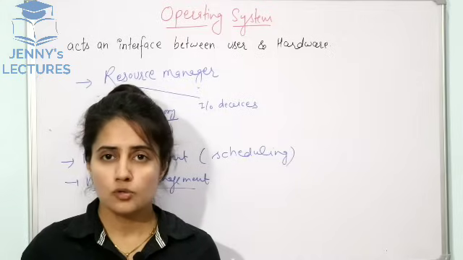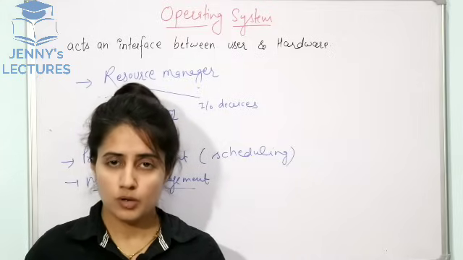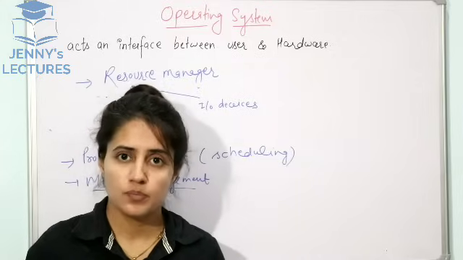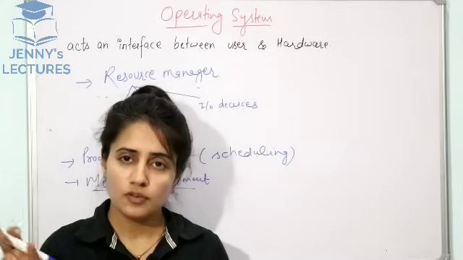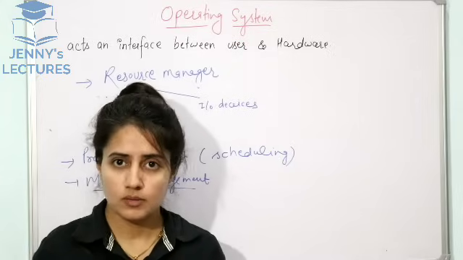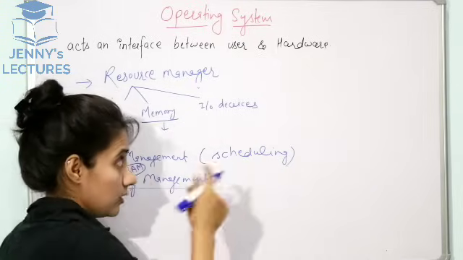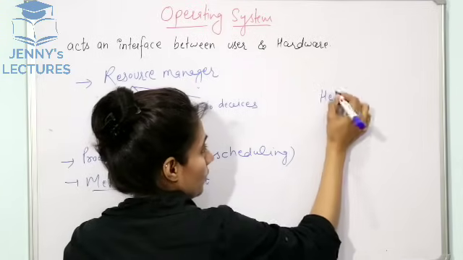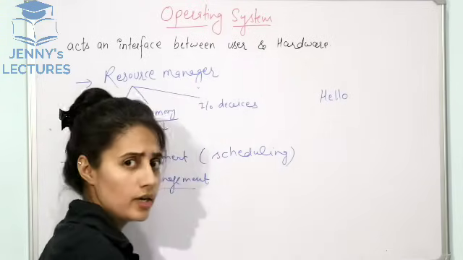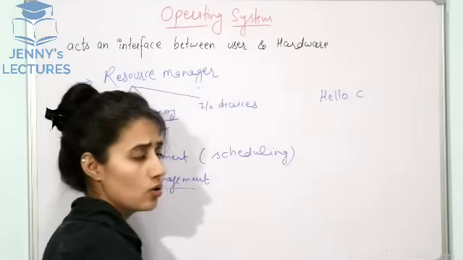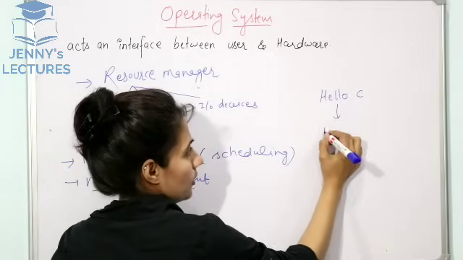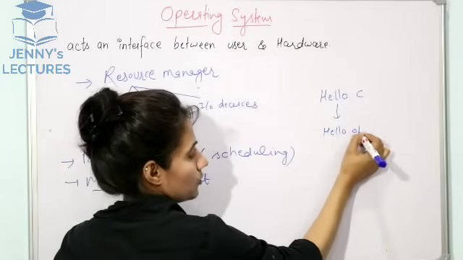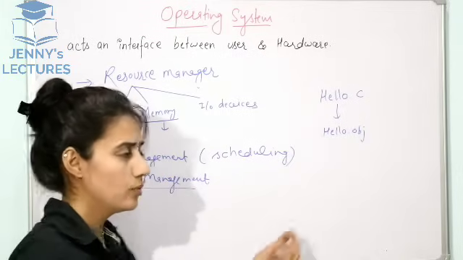If you want to execute any program on your laptop or PC, then it must be allocated some space in main memory first of all. After that, execution can start. Take an example: if you have written a program to print hello and you have saved this as hello.c, and when you compile that, then first of all this would be converted into an object file, you can say hello.obj file,